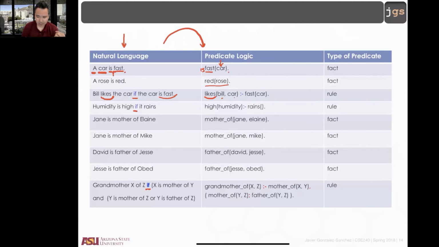Remember, the reading is going to start here, it's going to move here, and from here it's going to go here. So you can figure out that, okay, we're going to talk about Bill, that is the first parameter. And then we're going to talk about the action, likes, and then we're going to talk about which is the item, liked. Likes, Bill, comma, car, if,